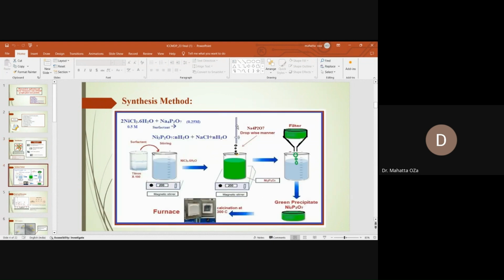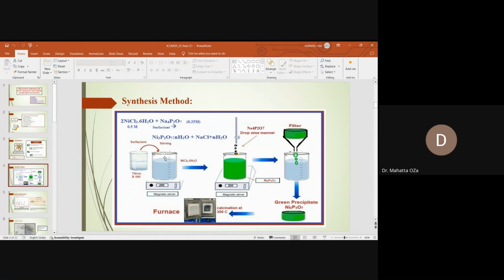Now we are moving to the synthesis method. To synthesize these nickel pyrophosphate nanoparticles, first we took 0.5 molar nickel chloride solution and stirred it at 200 RPM. After 30 minutes, we added the surfactant Triton X-100 to this homogeneous solution, and after that we stirred the solution